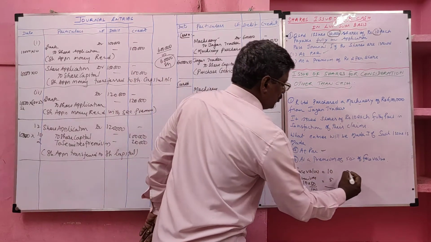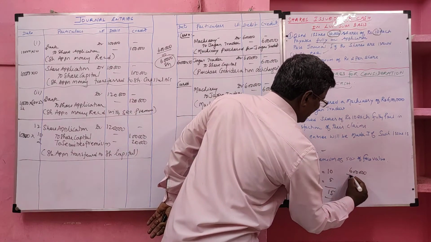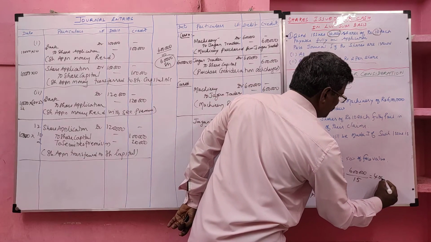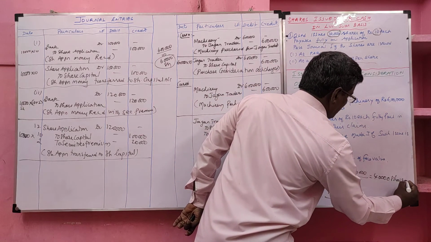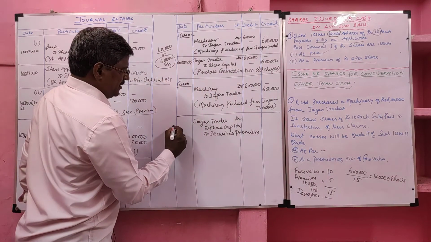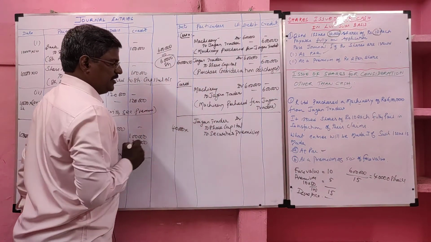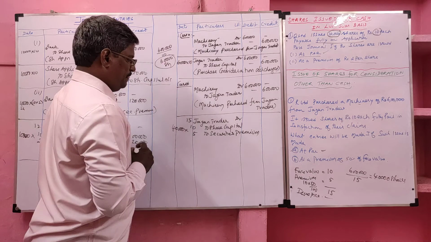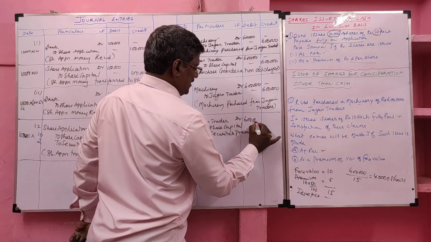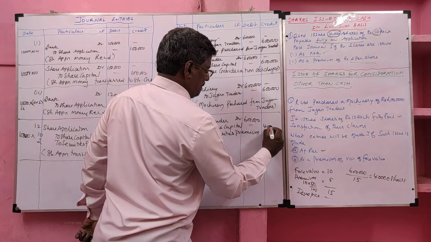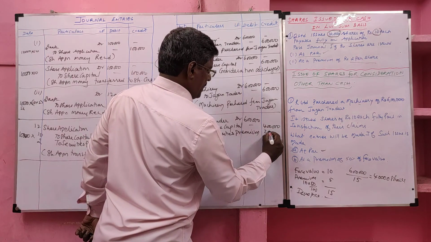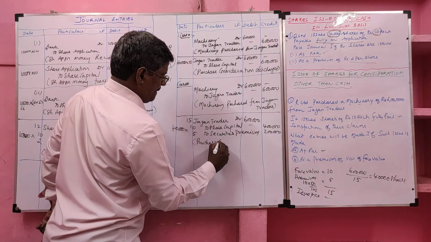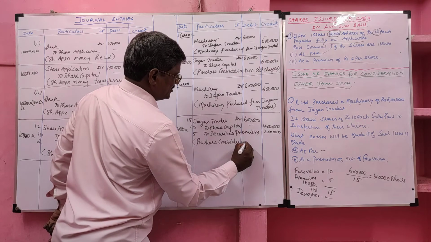Now the total value of the machine how much? 6 lakh. Each share issue price how much? 15 per share. So totally how many shares are they issuing? 40,000 shares. Now we will complete the problem. 40,000 into 15, 40,000 into 10 and 40,000 into 5. So total purchase consideration 6 lakh, share capital 4 lakh, securities premium 2 lakh. Now purchase consideration is discharged.